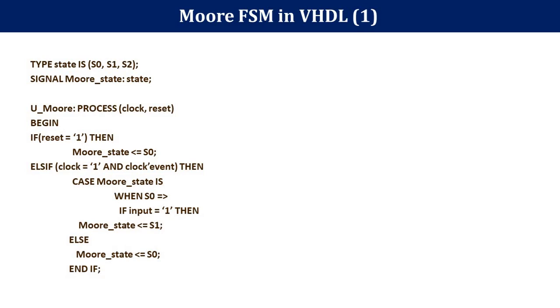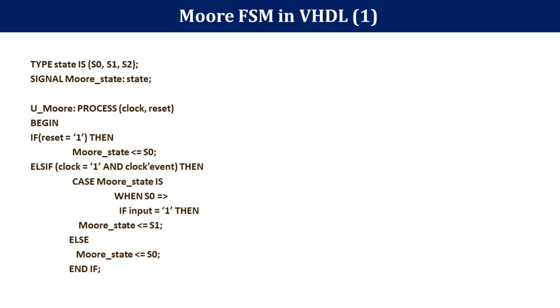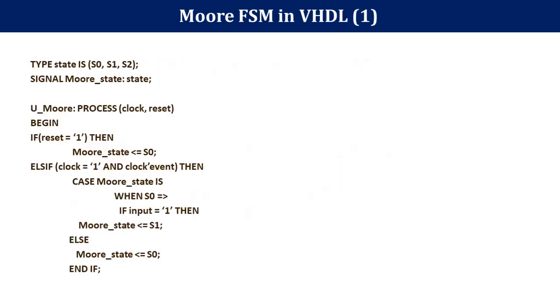Then you have to declare one signal that represents the states: signal Moore_state : state. Moore state is a state, either S0, S1 or S2, because it is of the type state. Then next is a process. The process label is optional, U_Moore. Inside the process, in the sensitivity list, write down the clock and reset. Begin. Always remember, reset is asynchronous here. Hence, first of all, we will check the reset. If reset equal to 1, then Moore state is equal to S0. Means when reset is active, it will wait at the same state S0.